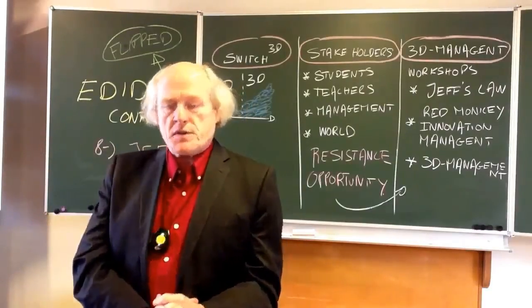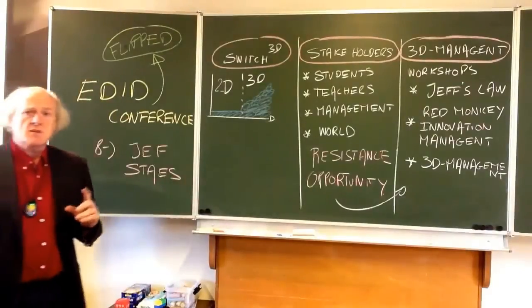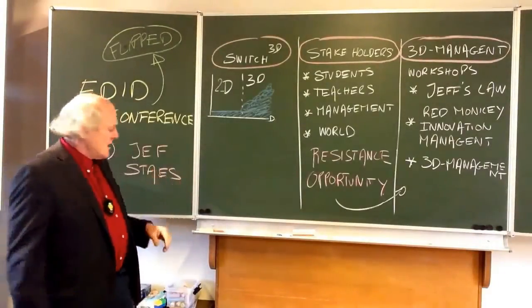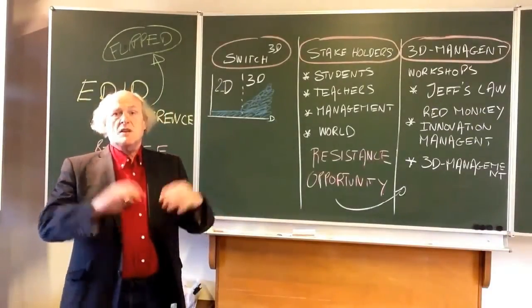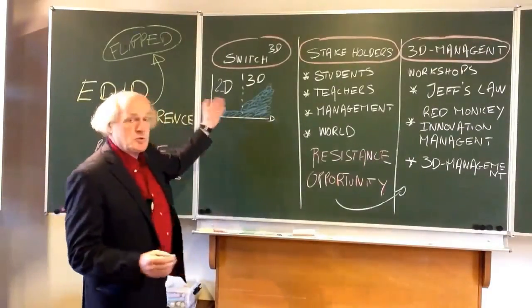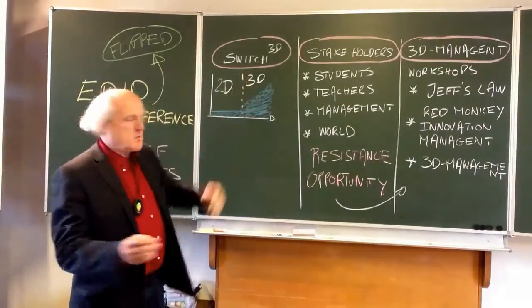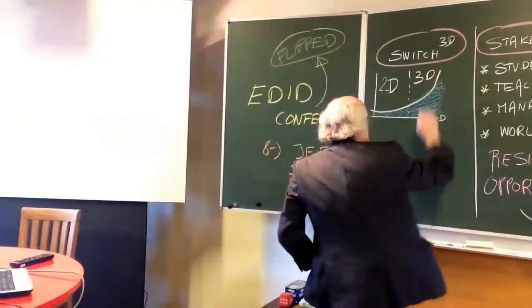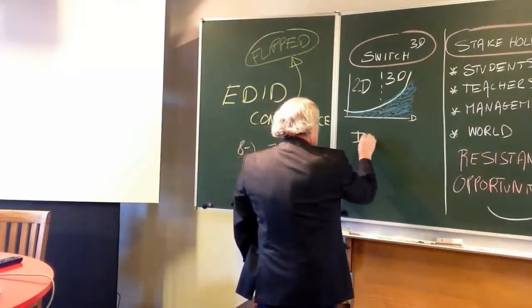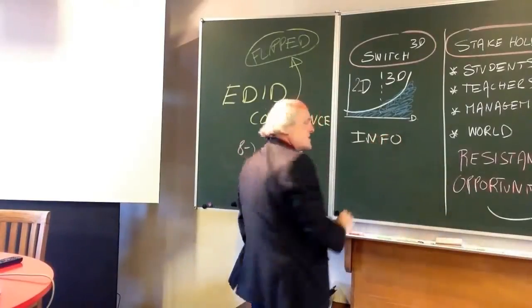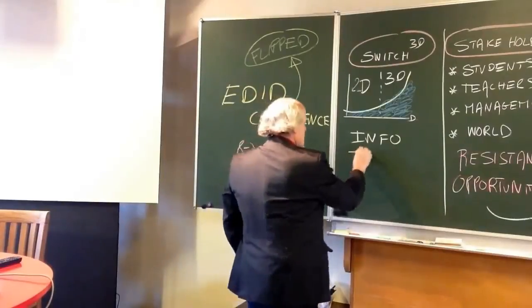And that's the topic of the conference. So what I'm going to do in this? Well, first let me introduce you to what is flipped classroom. I call this Switch 3D. We are living in a changing world. We are coming from 2D, two-dimensional, not so much information, to another world, 3D, a lot of information. So the information amount is increasing enormously. And the reason for that is information. But how come we can exchange information so fast? It's because of technology.